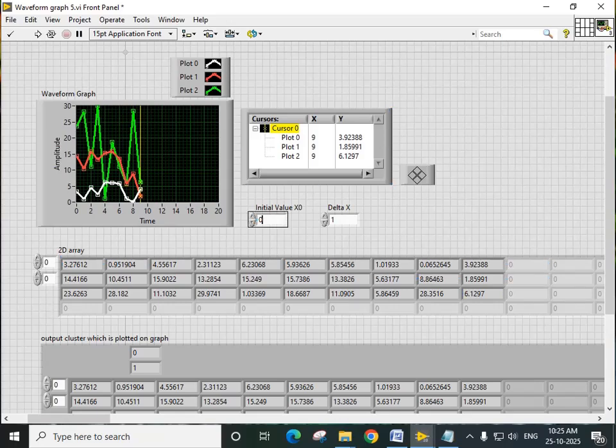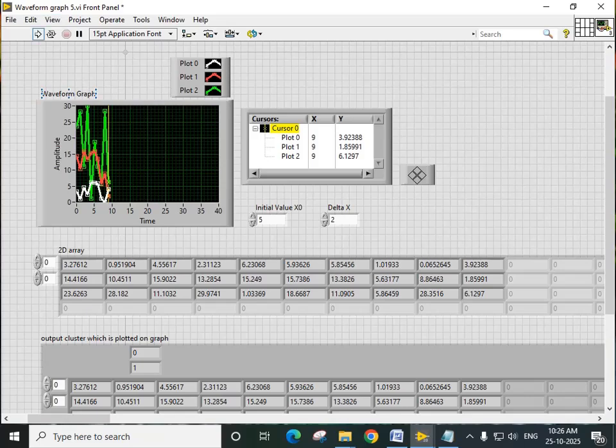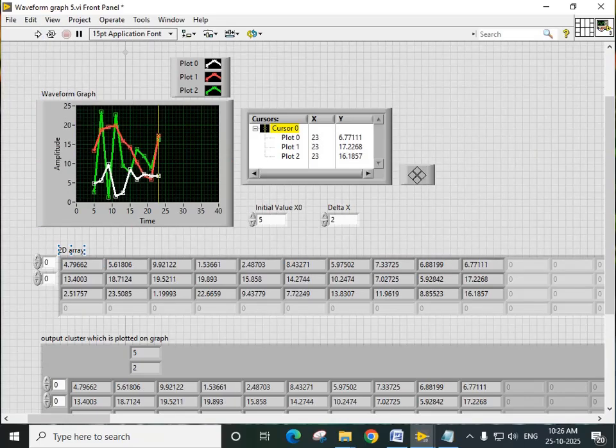Suppose I want to change the initial value, I want to change this to 5, and I want to change the increment to, let's say, 2. Let's say 2, and let me change the x index to, let's say, 30. Maybe 40 would be enough. So now if I plot it again,